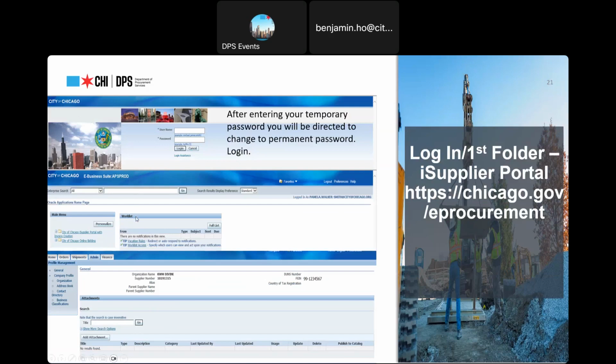And the work list, you'll see no notifications the first time. Once you start to bid on things, you'll see items that will begin to populate the work list. And then you can see that if you click into online bidding,